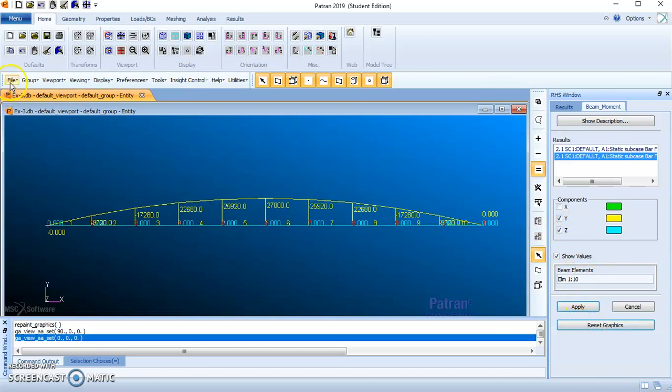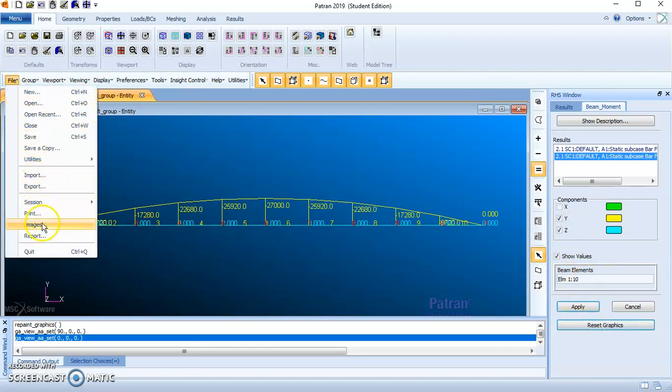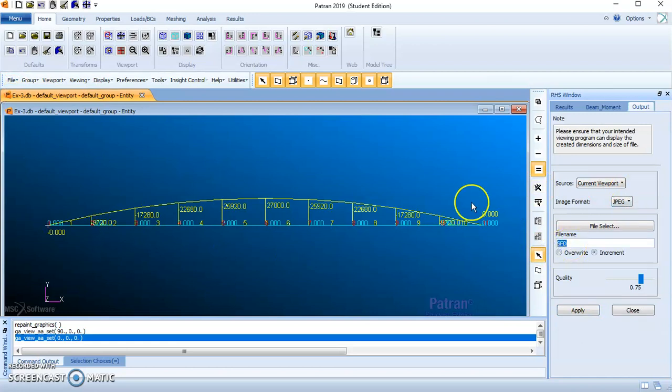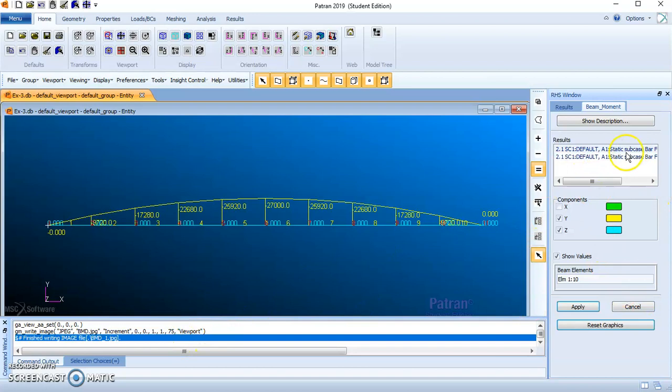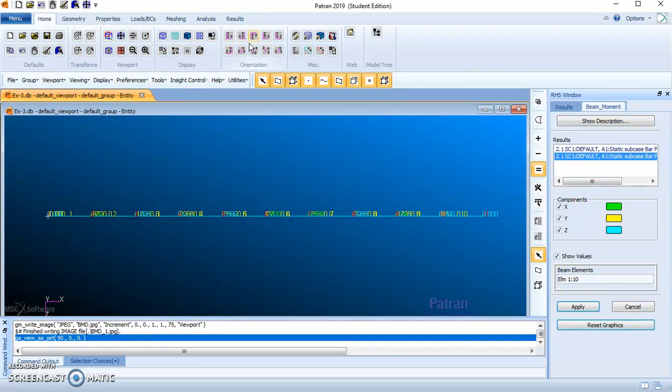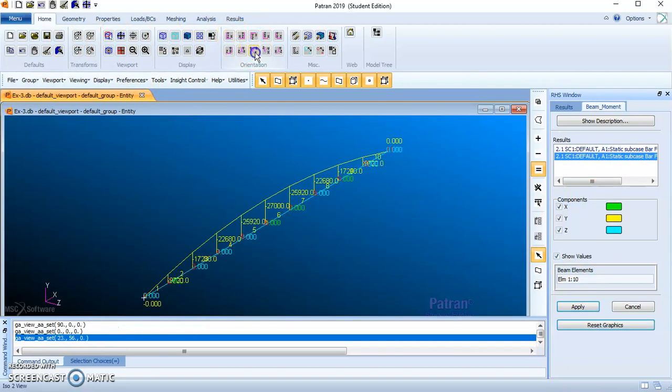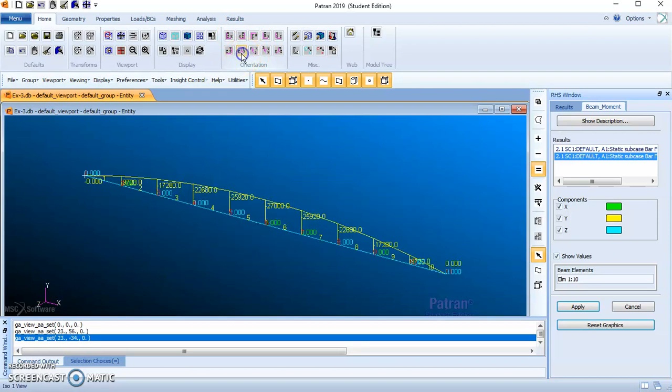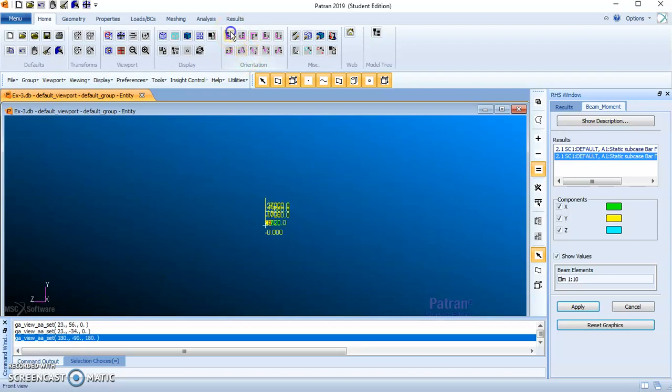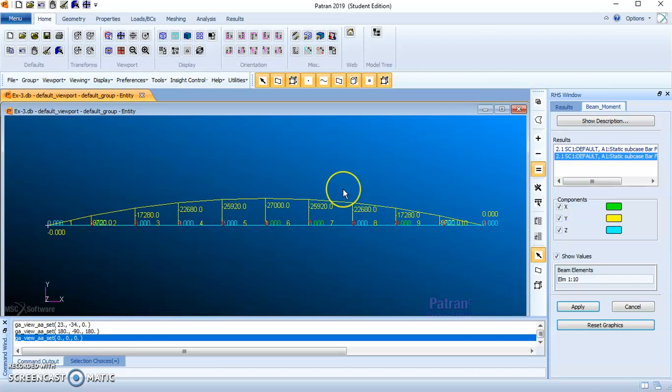Now this also you can write as image, BMD, apply. It has been written in the file. That's all about this exercise. Thank you.